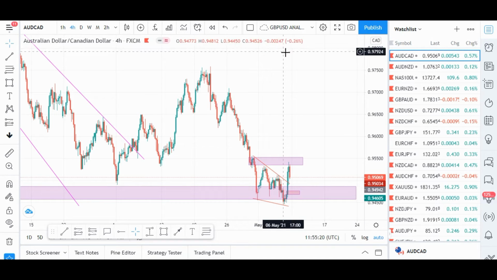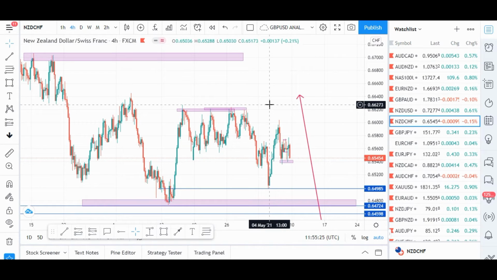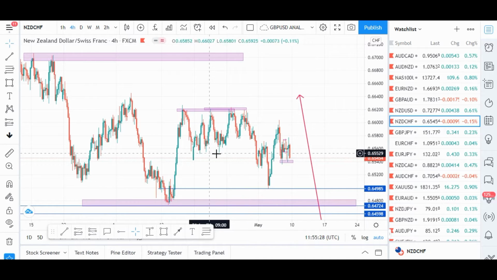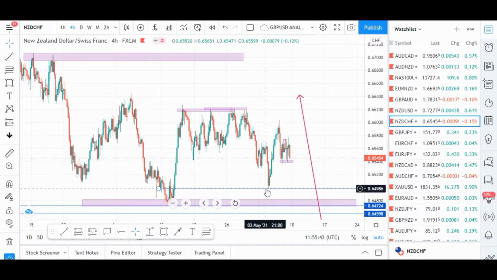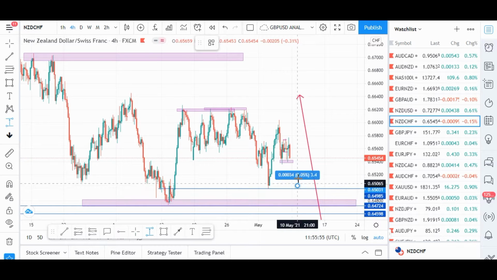Last week we made our analysis on NZDUSD. We predicted a buy, and we can see we gave two instances for our buy analysis. We're looking at our 61.8 Fibonacci level, and we're also looking at this level of support, and we can see how the market respected this level of support and gave us a strong move to the upside, just as we had analyzed. If you had taken this trade, you would have caught